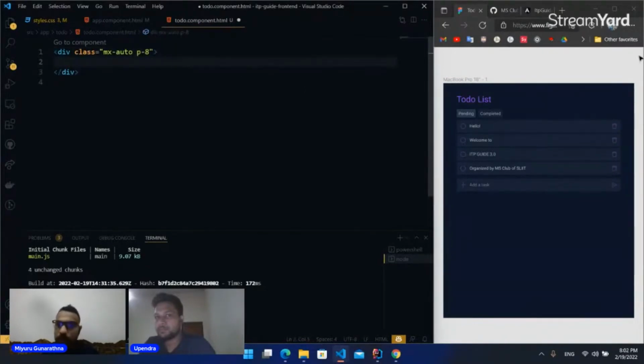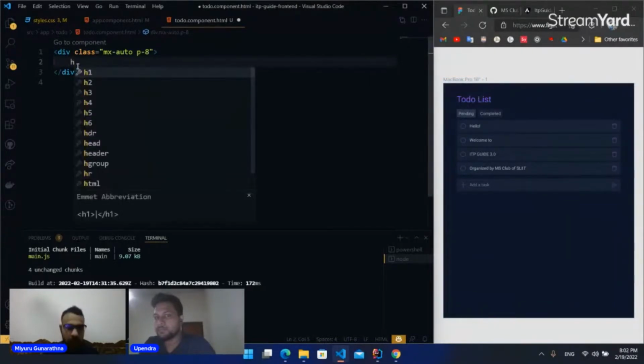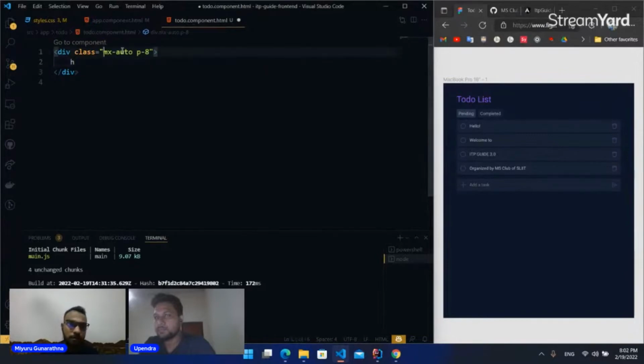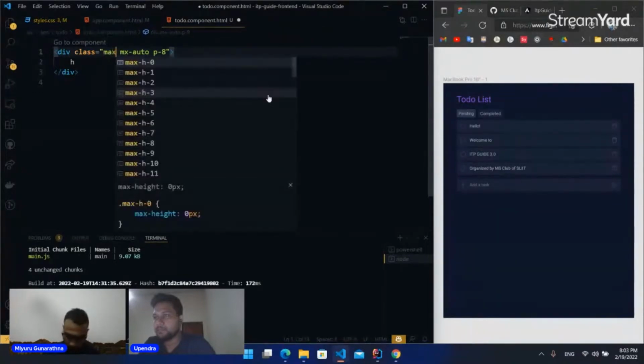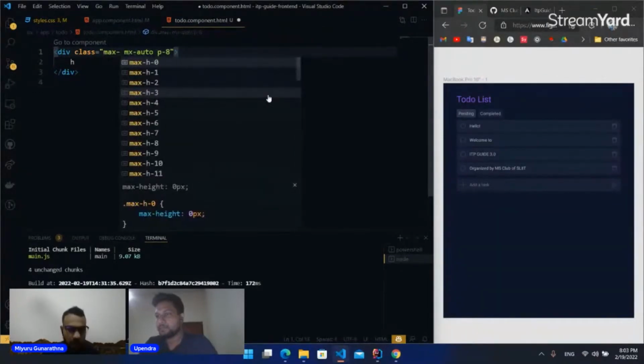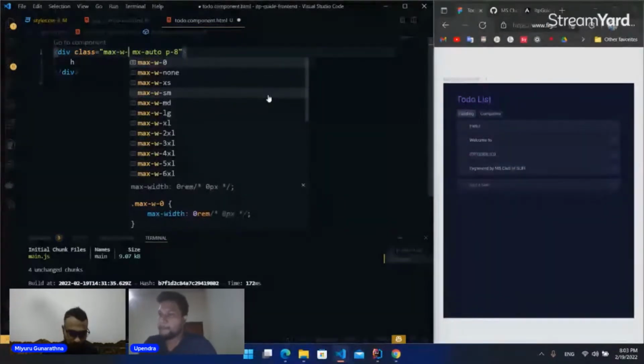And I need an h3 tag for this title, and there is another thing I need to add, this width. So to do that I will say max-w-xl,